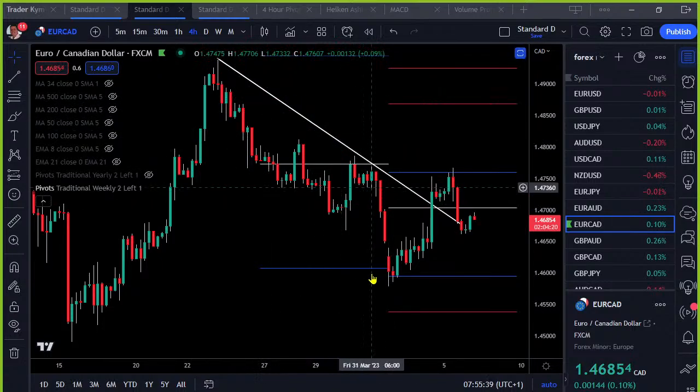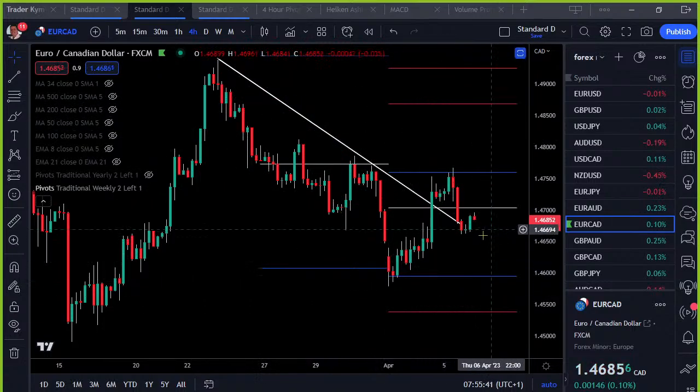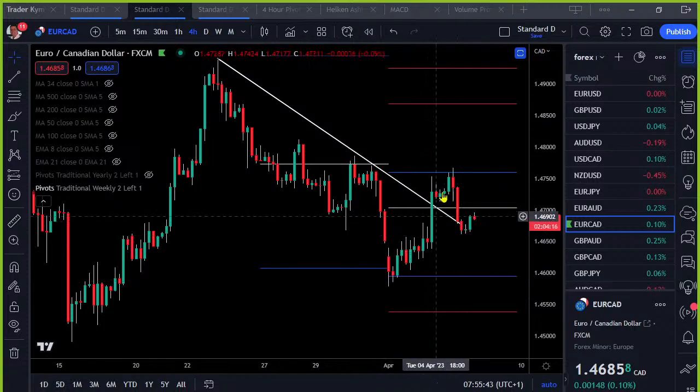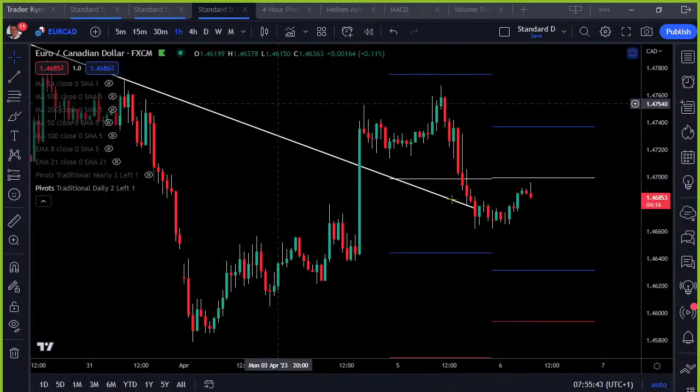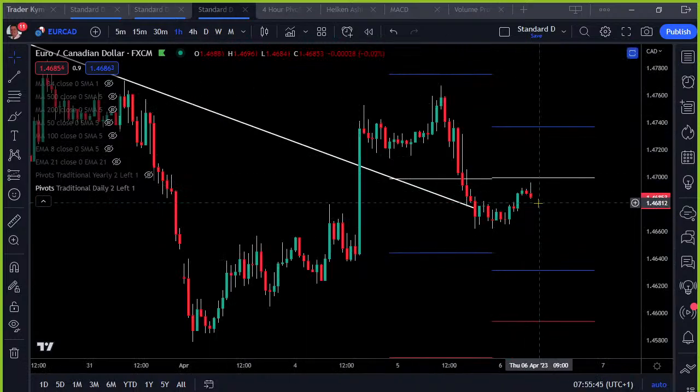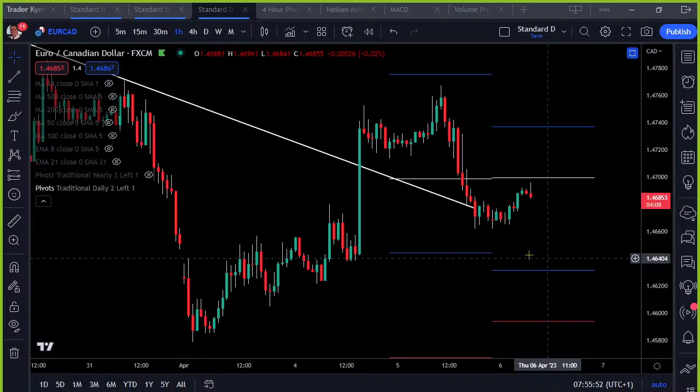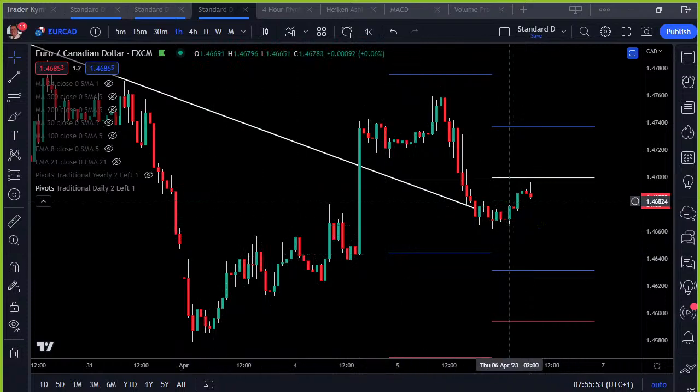Short term the structure's lower highs, lower lows largely, but we've got this funny old retrace that's occurred, and then it's coming off of that again. So really watching this at the moment, to see what happens post 8 o'clock. It hasn't quite caught the daily pivot, but there's scope for this to roll on down some more. So that's the short list there.